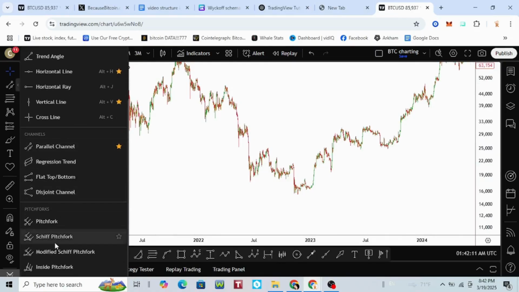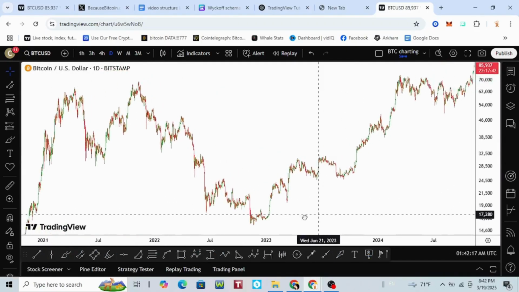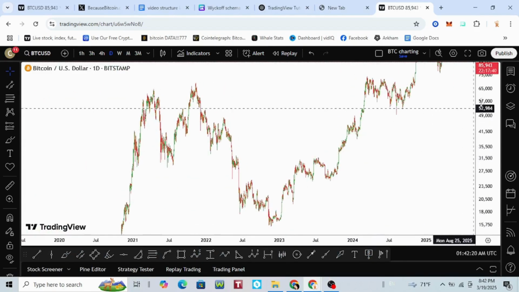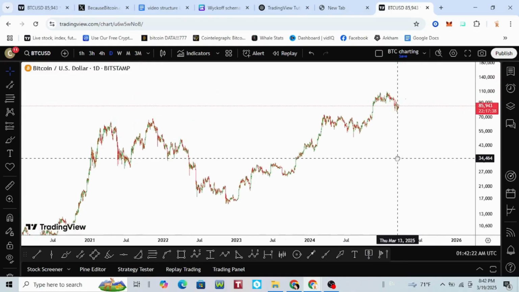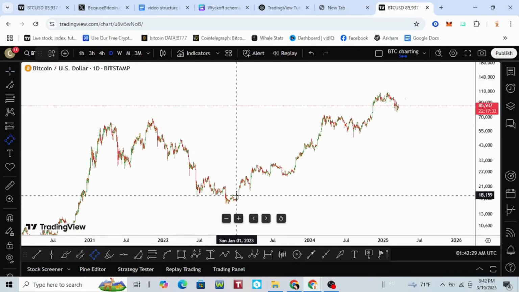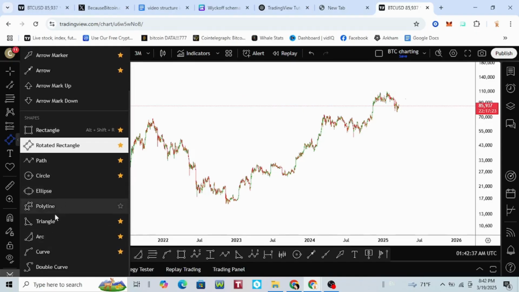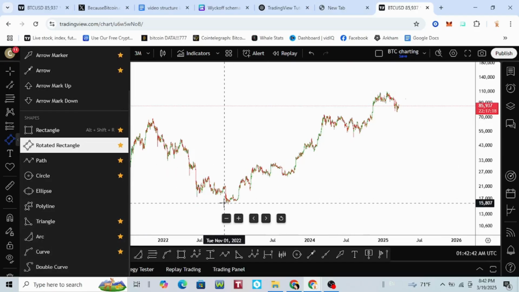Now, there's a lot of other things up here. I don't use everything up here. In fact, I'm just gonna stick to what I got on my favorites because not everything is useful depending on what type of trader you are. They just give you everything possible that you could possibly need. So let's see. Right here we got a rotating channel, rectangle, and that'll be down here with the shapes where they got like rectangles, rotated rectangles, the paths, circles, ellipse, polyline, triangles, arcs, curves, double curve, and you just use those to